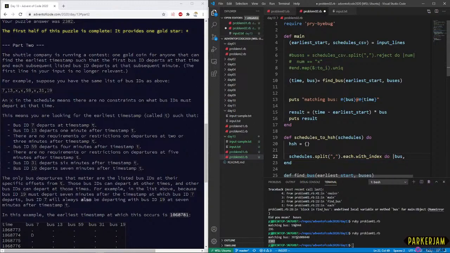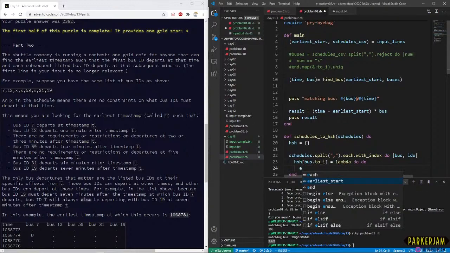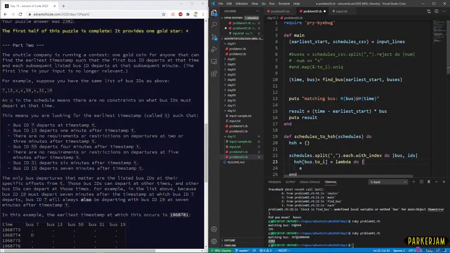It's going to be a bus. This is going to be an index. We're going to key this off and create a little lambda here. Actually, I don't want the double there. That's bad.